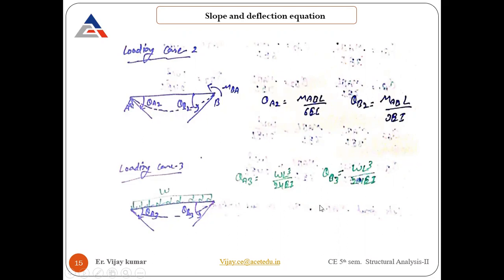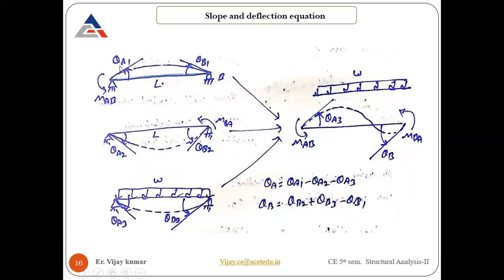So these are the values we get after putting in all the values, because this problem is now a simply supported beam. A simply supported beam is a determinate beam, and we can find the unknown forces by using equilibrium equations. That's why we are making an indeterminate beam determinate, and getting the values of the unknowns here. Now we know the values of theta A1, theta B1, theta A2, theta B2, and theta A3 and theta B3. Again, this is the superposition that we need to do. This is the relation that we have already seen.